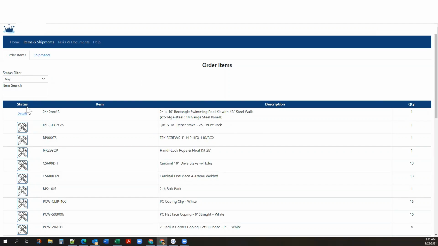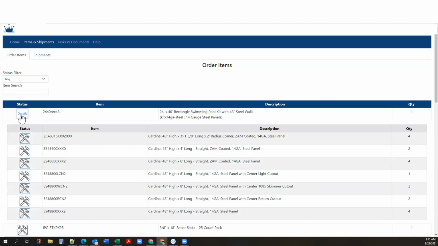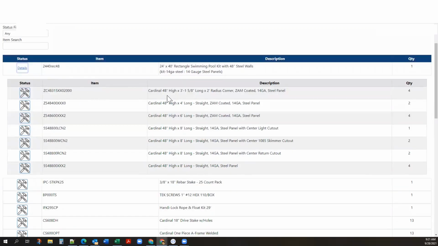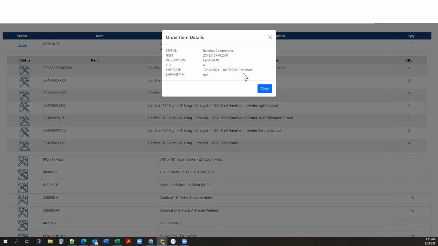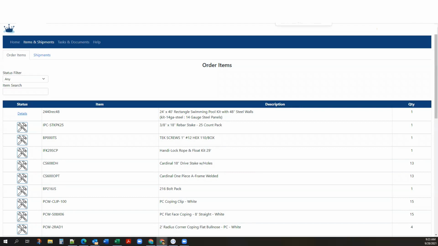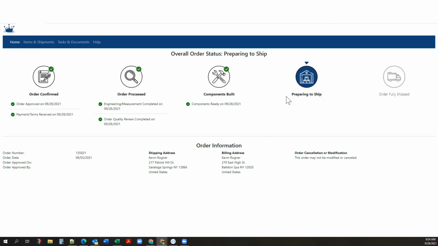Yeah, it is. The way the status column works, whenever you have an item that is a parent, you'll get this details link that'll expand out all the sub items there. For the rest of the items that are not parents, you click on the status icon to see more information. If there is no confirmed ship date, you'll get this estimated date range there. I also have another sales order that's been shipped. Here's a different sales order that is preparing to ship. You can see everything preceding it has been completed. So we move